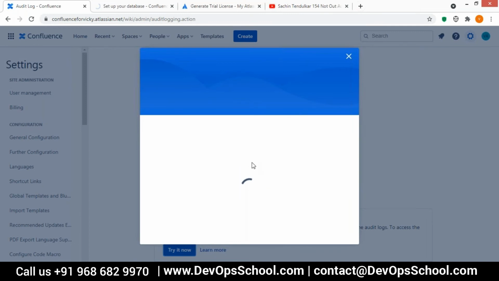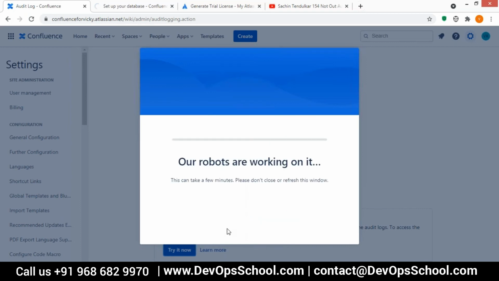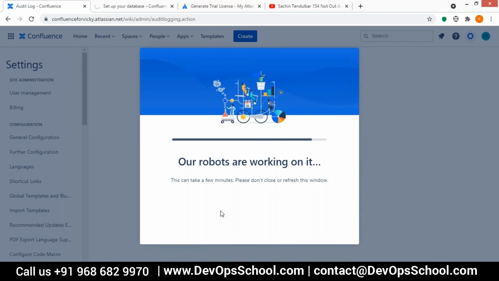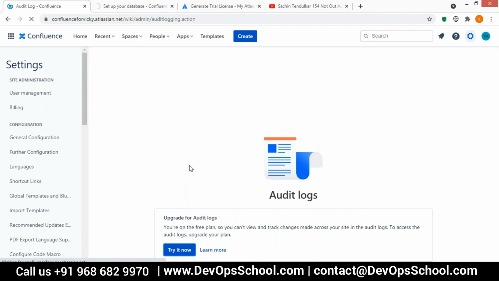You can see those things in the audit log. Start trial. This is again the 14-day trial. These options are not available after the trial period is over, because this is the licensed product. That's why these options are coming.